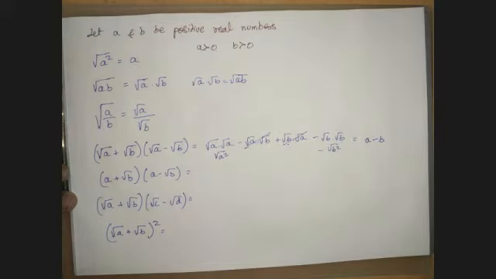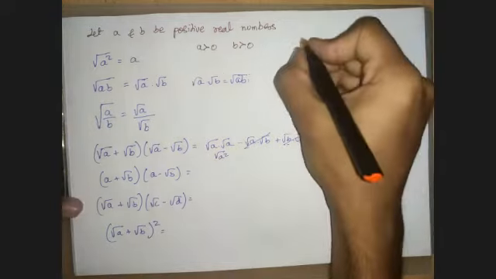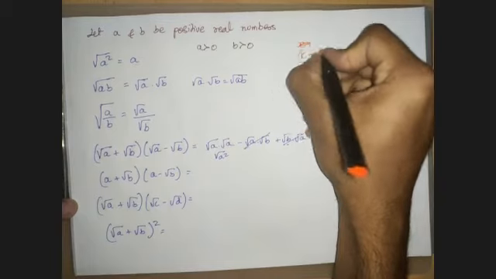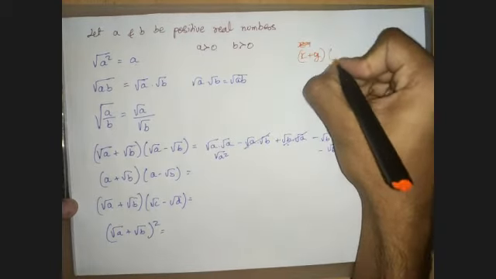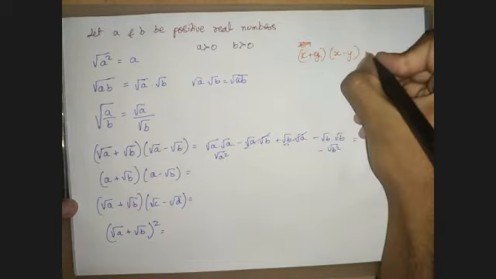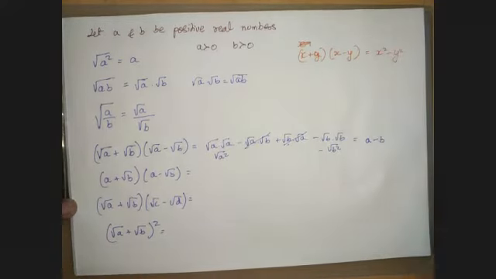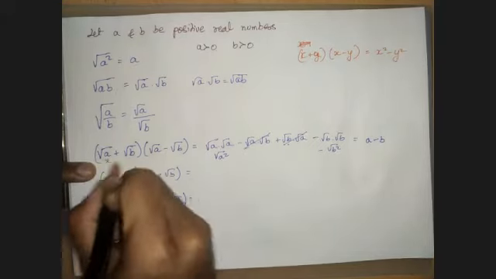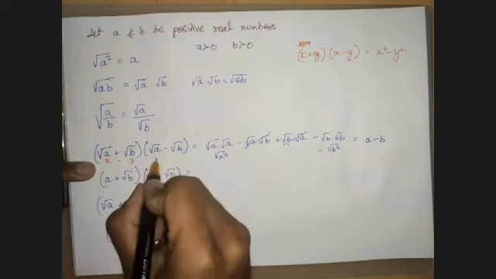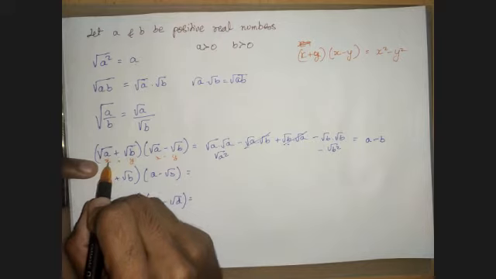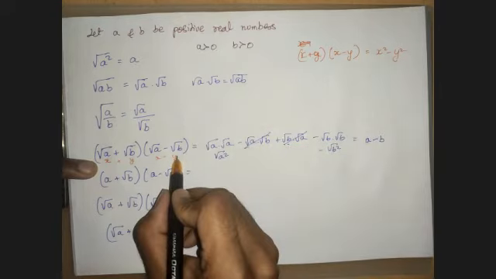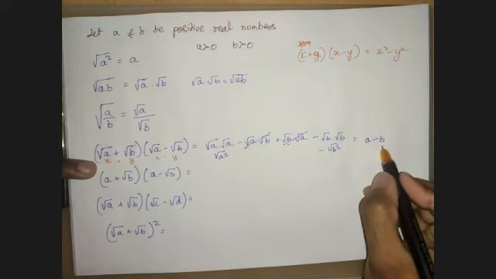Okay. So in this place we have to remember some formula. That is, we have already seen (x + y) into (x - y) is nothing but x square minus y square. Right? In this case, look at this. This is x and this is y. x plus y, x minus y. So what happens? The answer is x square, that is root a square, that is a, minus root b square. Root b square is b itself.